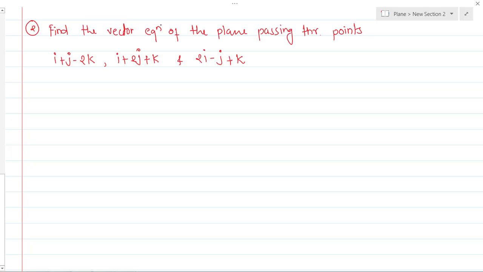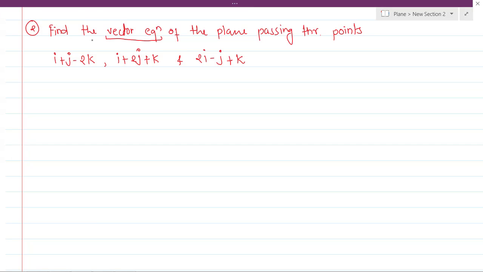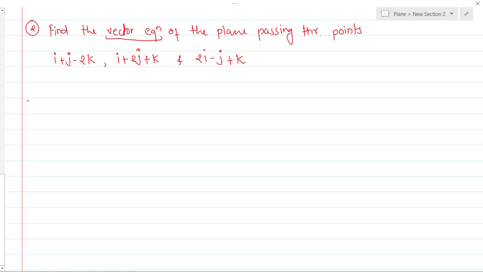Okay, perfect. So this question can be solved in two ways. One, directly you make use of the vector equation formula, or you convert these into coordinates and get the Cartesian equation of the same plane. Let me use the second method because the first method we have already discussed in one of my previous videos. Now let's see how we can solve this using the second method. Step number 1 is: write down the given information.